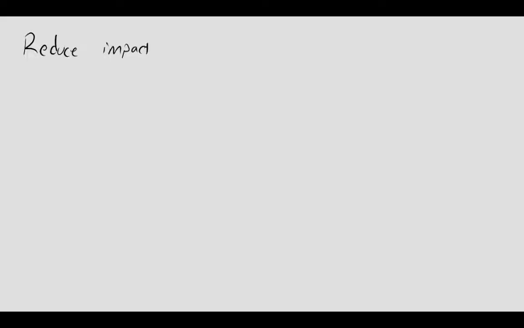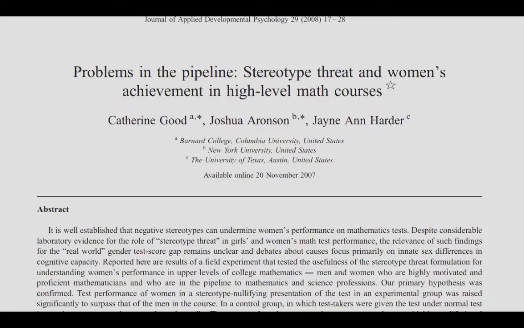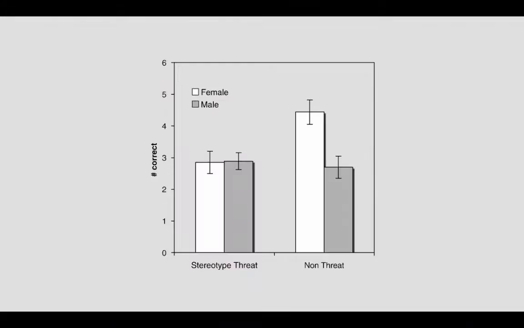But in this little introduction, I just want to introduce some of the idea there, as well as some things that might not work as well as you'd expect. Remember when we were introducing stereotypes, we talked about this paper by Good, Aronson, Harder. In this paper, we showed this graph where they had two situations: the normal situation, where they had given a calculus exam with no particular intervention, just the way they usually did. And then they did something to remove the stereotype threat and saw a dramatic increase in female scores.